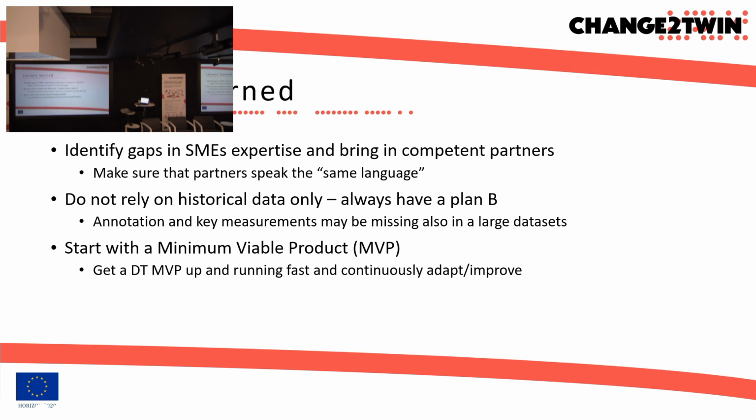And at least for us, we've seen quite some times that speaking the same language also really means speaking the same language, because we saw that operators and service engineers have a lot of knowledge which has to be used, and sometimes they do not really speak English, and then a lot of things can be lost in translation. So also speaking the same language, especially with field operators, was also a big benefit for us